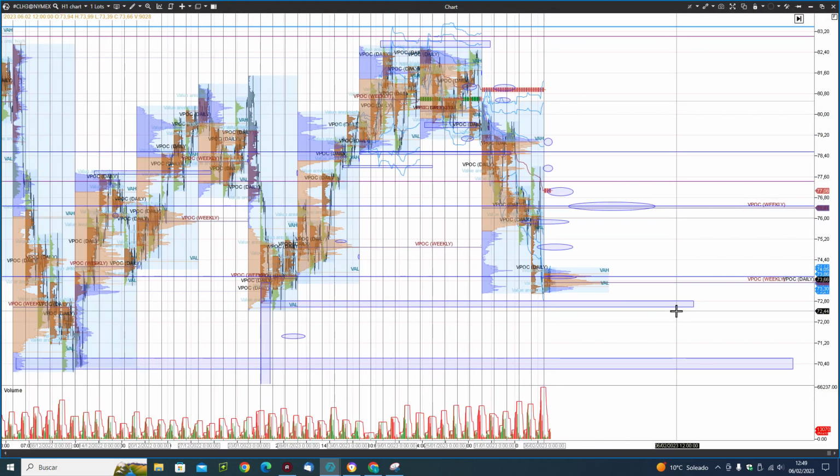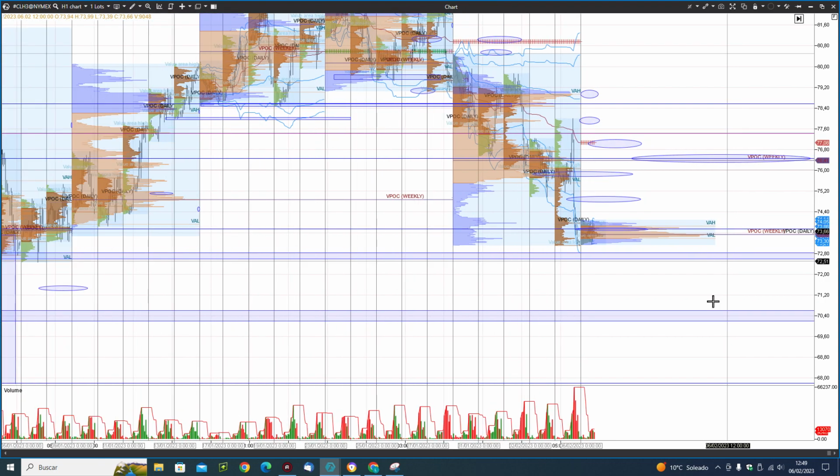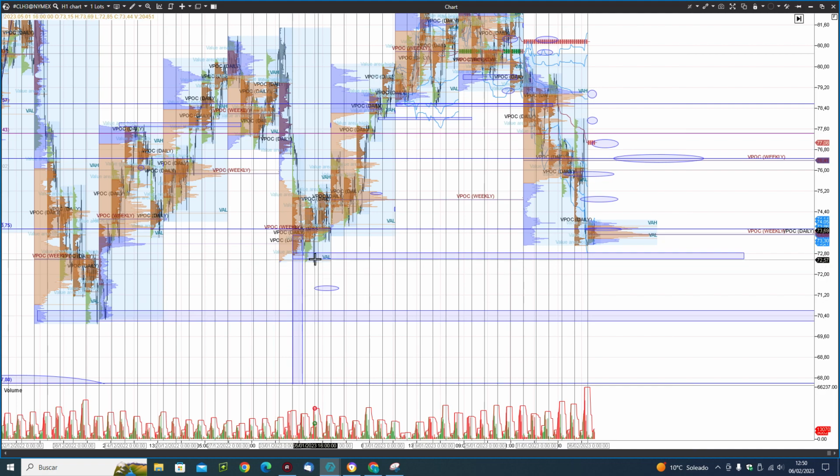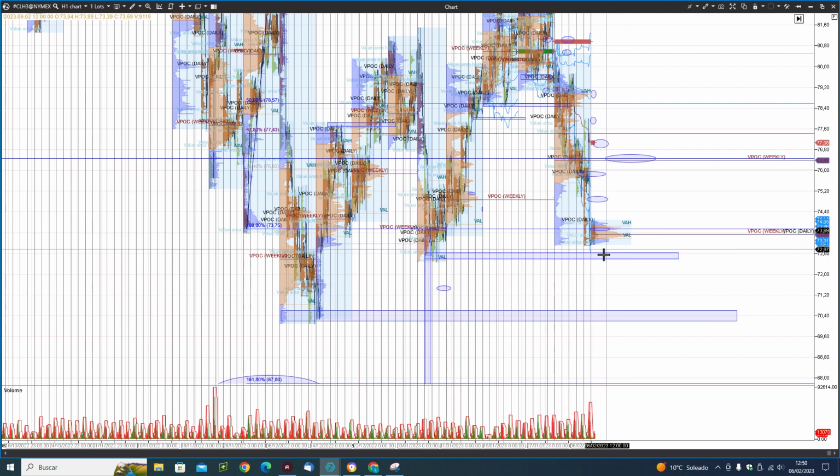About light oil. Light oil, there are several targets. Talking about lower targets, the main would be this point. This point is the minimum of the January the 5th. It's a hard support, and if it breaks this zone, it could go to the next point, the price action zone about 70